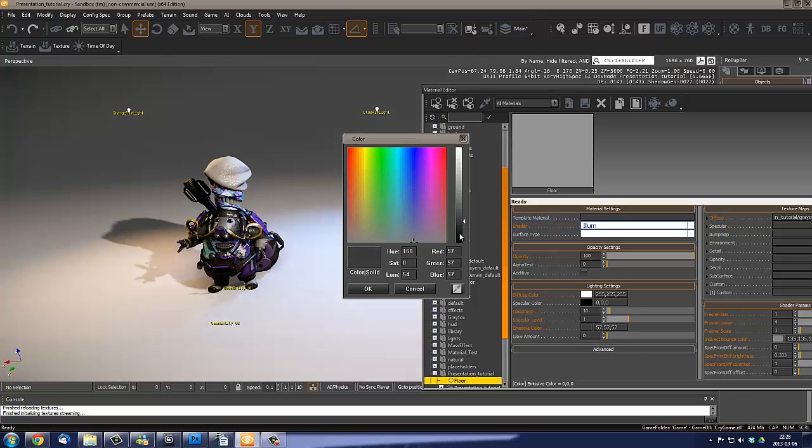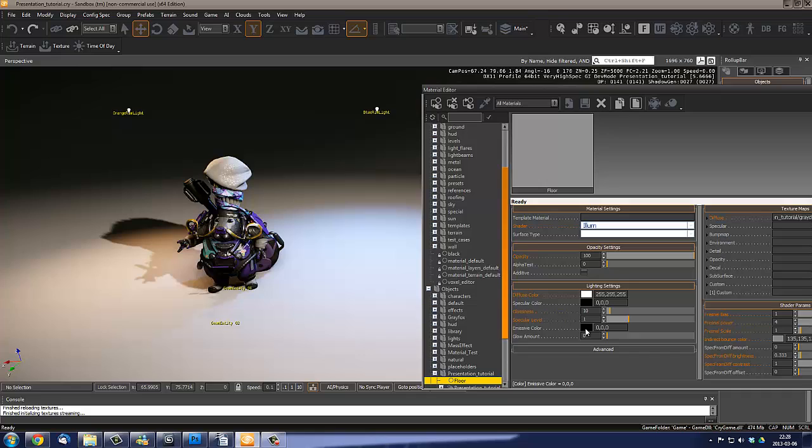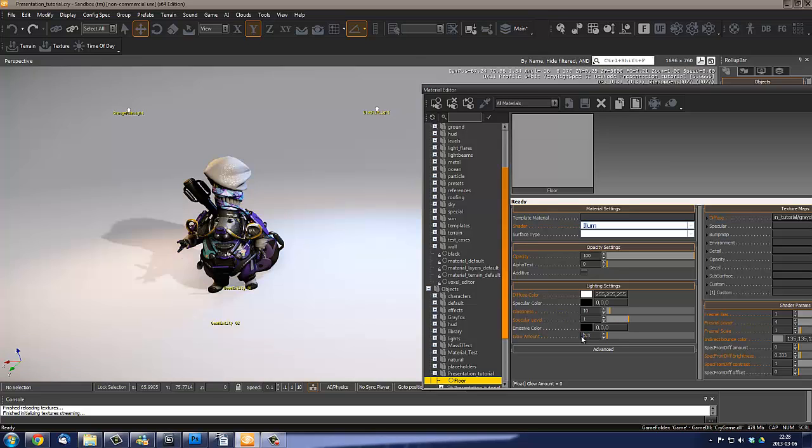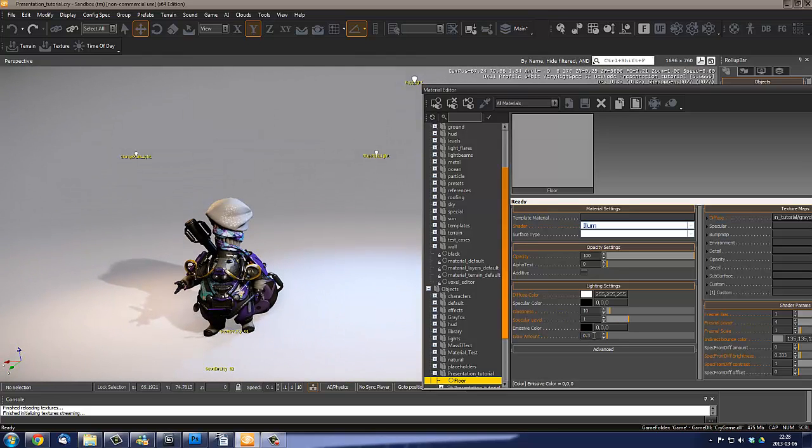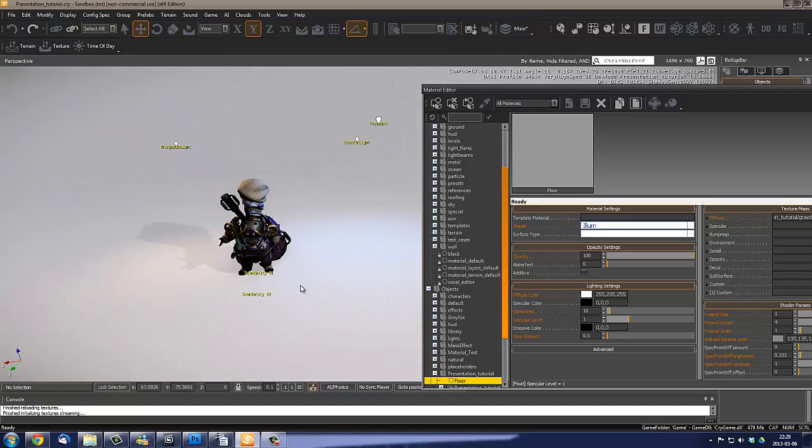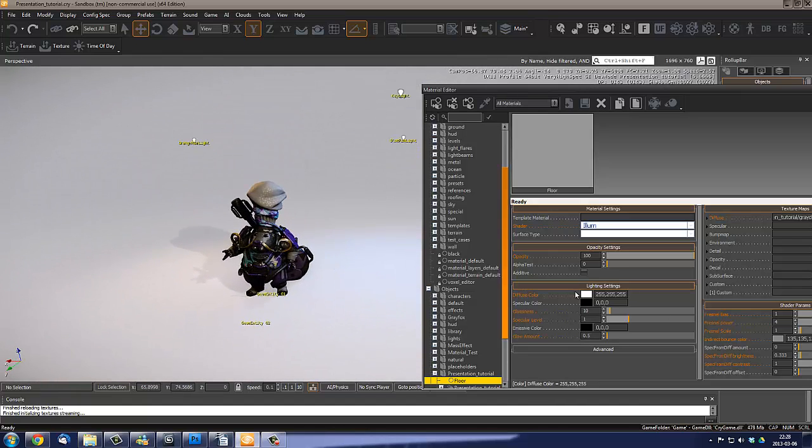Yeah, the emissive color is for, yeah, forget about it. We're gonna use the glow amount, so I'm gonna put a value in it, something like maybe half of the glow, and